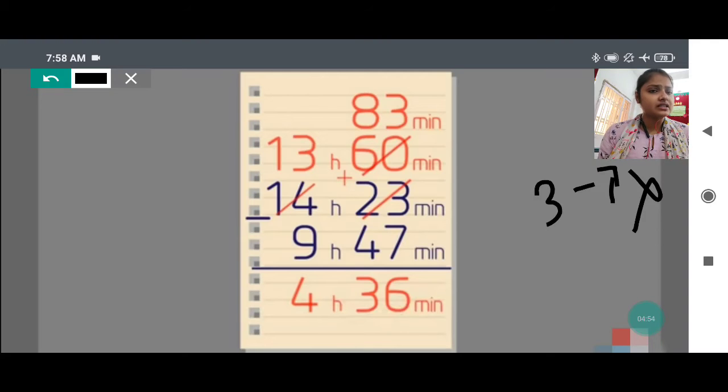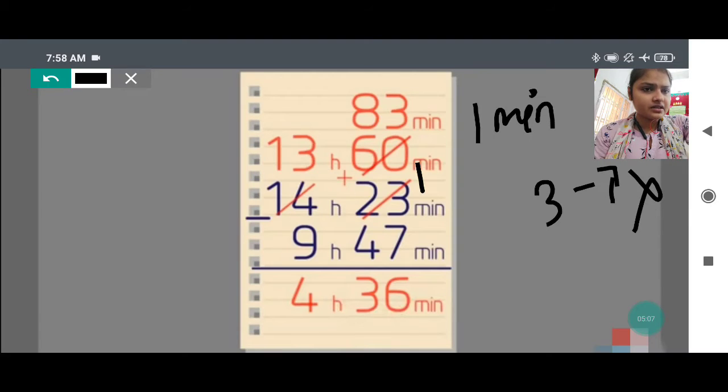So from the minute only, when we take one carry from this minute, then it will become 13. 13 minus 7, when you do, you will get 6, which is written down. Now here it is 1 because it has already given 1. Now my dear, 1 minus 4 is not possible. So we will take carry from the hour.